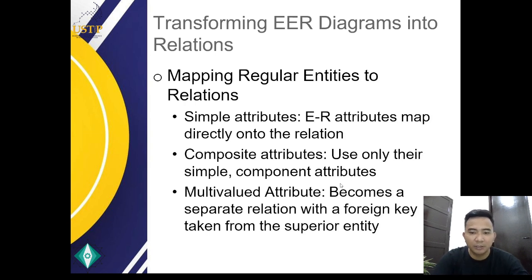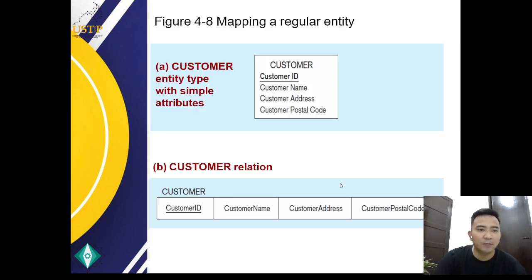And multi-valued is already discussed. It becomes a separate relation with a foreign key taken from a superior entity. Like for example, skills, which is a multi-valued attribute. Okay. Next is we have